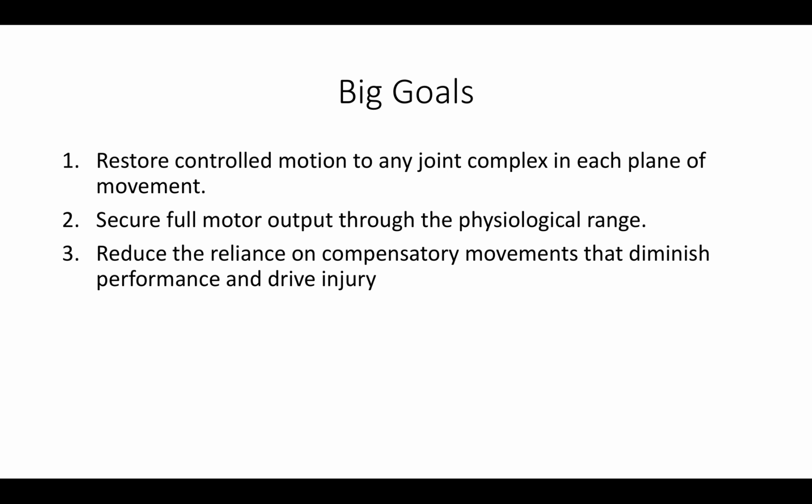Our big goals with GRIP approach are to restore controlled motion to any joint complex in each plane of movement. We then want to secure full motor output throughout the entire physiological range. We should be strong at each position in the entire range of motion. And very importantly, especially for our performance clients, we need to reduce the reliance on compensatory movements that diminish performance